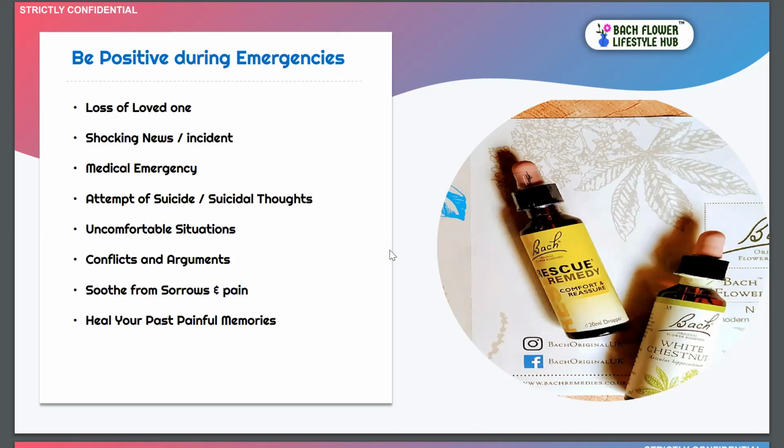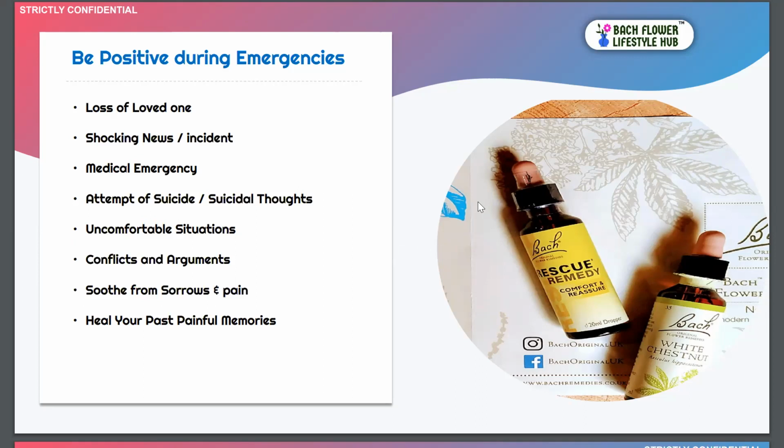Many people stick to their past painful memories, not talking to certain people, specific relatives, very close family members, because of something that happened in the last 10 years. This should not happen, and it is actually reducing the quality of life, the quality of happiness, which we can really improve using the Bach remedies.